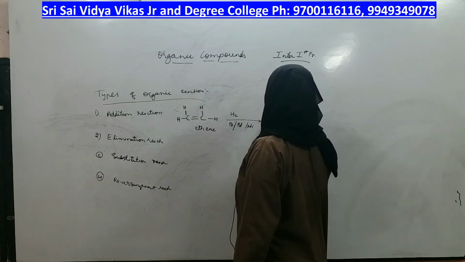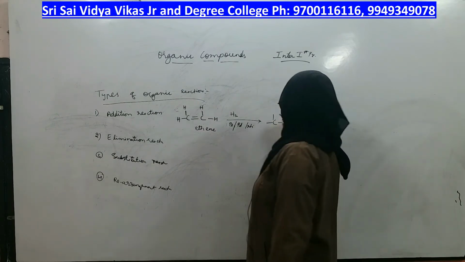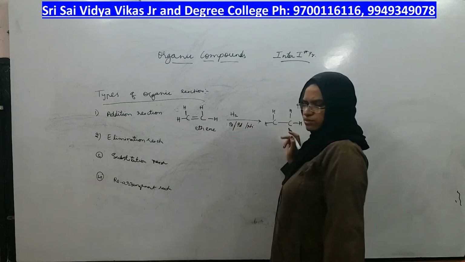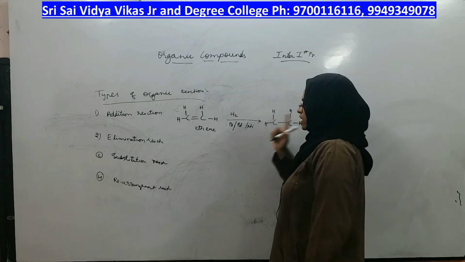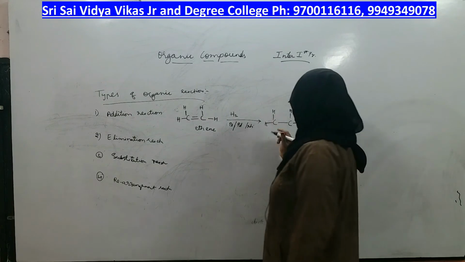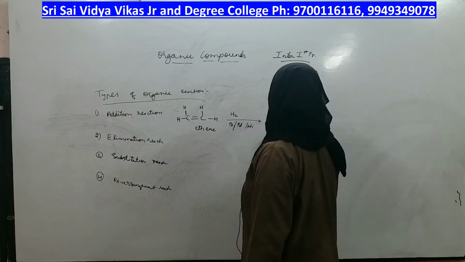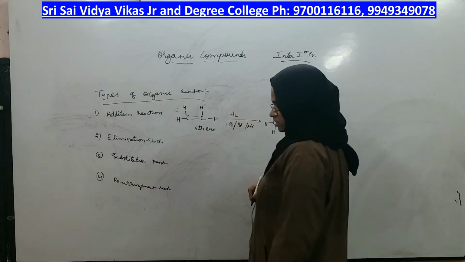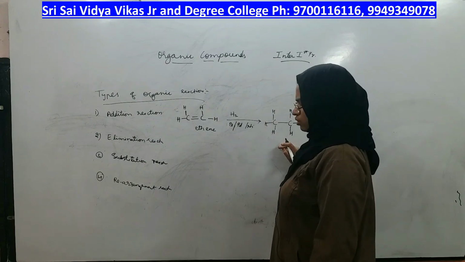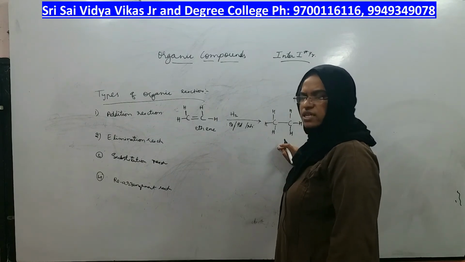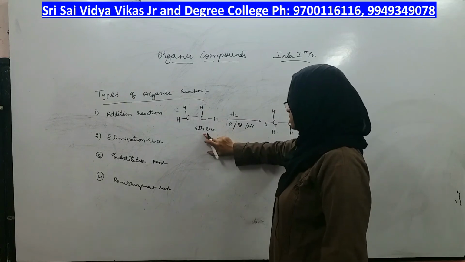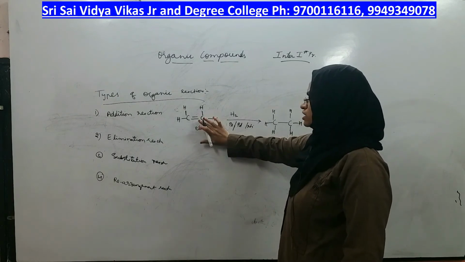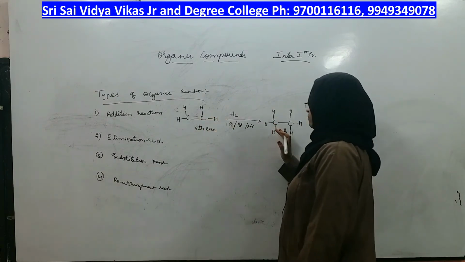Out of two bonds, you have broken one bond. I will write the structure as it is, but the pi bond is broken. And instead of one pi bond which you have broken, you will make two new sigma bonds. Hydrogen gas having two hydrogens, one comes here, other comes here. And after doing so, carbon is still having the tetravalency in the substrate as well as in the product, 4 and 4. But the total number of bonds was less here, the total number of bonds are more here.